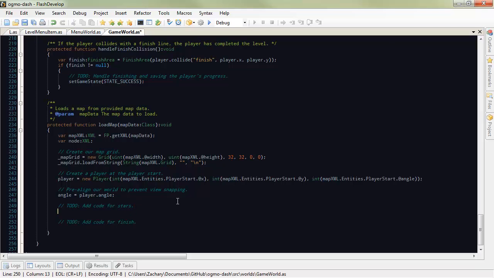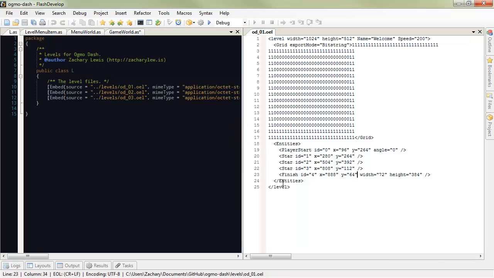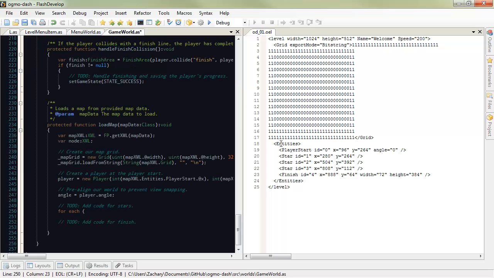the stars. So we want to iterate through each star, and those are XML nodes. So let's go ahead and take a look. So notice in our level, we have an entities node and then a star node. Now you remember last time we used the entities player start node. But now we're going to iterate, and if we use a for each on the XML, it'll actually go through each of the stars. So node, which is defined up here as an XML,